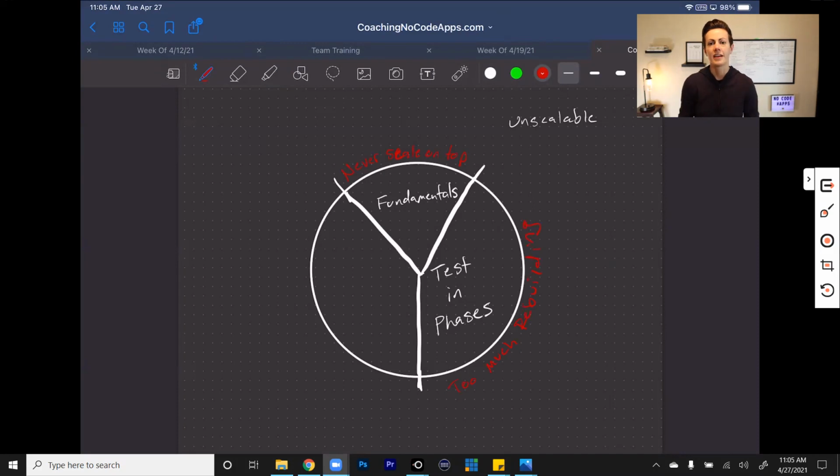Because when you try to take these big leaps and bounds forward, when you finally launch everything that you've built, and by this point, it's usually a lot more than you should be building, then you've made a ton of guesses and there's a ton of rebuilding involved in that. Okay, so while testing and launching in smaller phases can feel unscalable, long-term, it is far more scalable for both your app and your time if you do it this way.